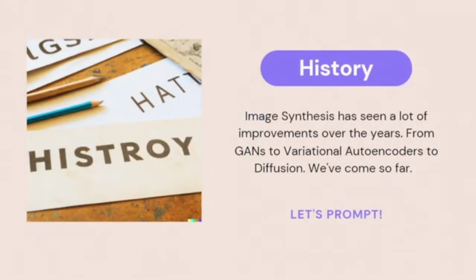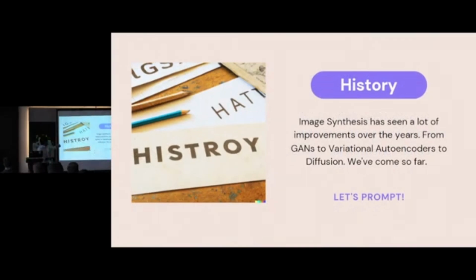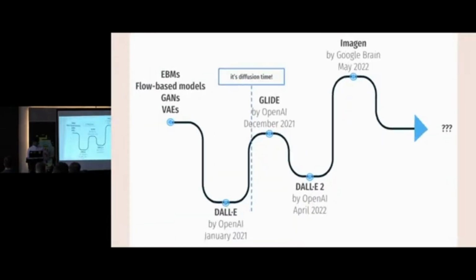So the history. Image synthesis was poor, as I said, and we have tried a lot of methods, which I won't go deep into. It's more of the neural networks stuff. Even this image was generated by an AI, but you see the history is not properly written here. They don't properly do the text in the images, so they're poor at that.